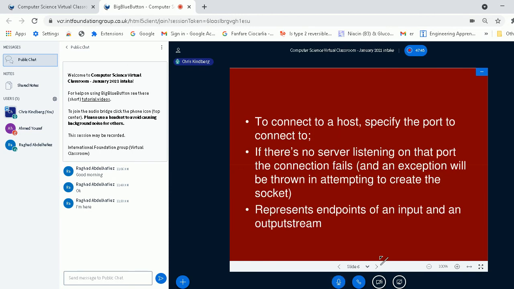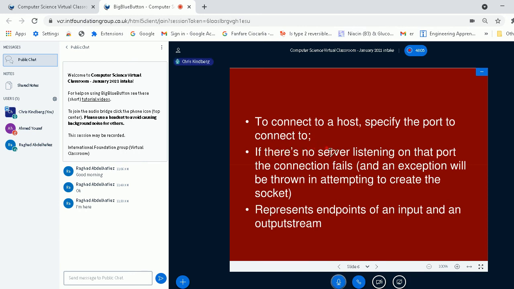Okay, that works. So in order for a machine to connect to a remote host, you need to specify the port to connect to, and you need to specify the IP number.